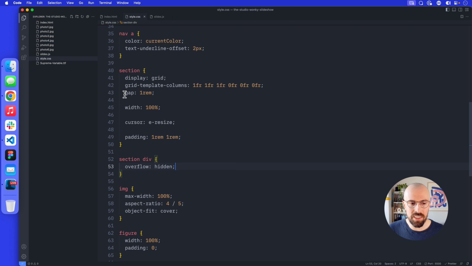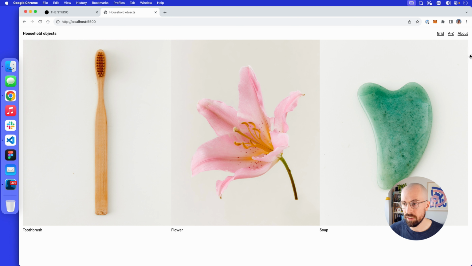Well, at the moment we have this gap of 1 rem. Rem is just basically the font size. If it's 16 pixels font size, this gap is 16 pixels if it's 1 rem. I want this to be no gap instead, because I want to fake it. So I'm going to say no gap here. So what we'll get is this kind of looking right on the right hand side, but we have no gap